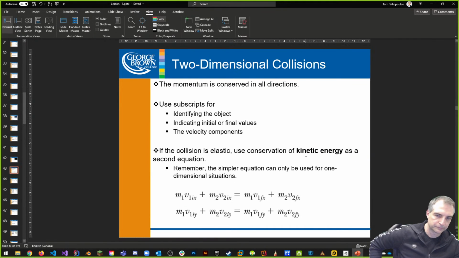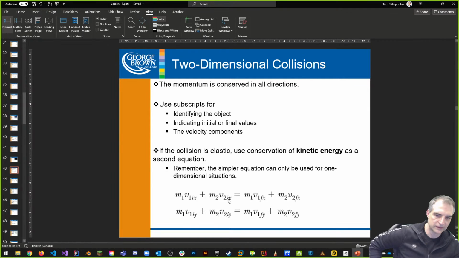All right. So far we've been talking about one-dimensional collisions. Collisions where we don't care about the other dimension, only on the x-axis for example. We don't care about stuff on the y-axis. Why? Because the y-axis is countermanded by the normal force and the gravitational force. Okay, but in 2 dimensions, what we want to do is use subscripts to determine the velocity and the mass